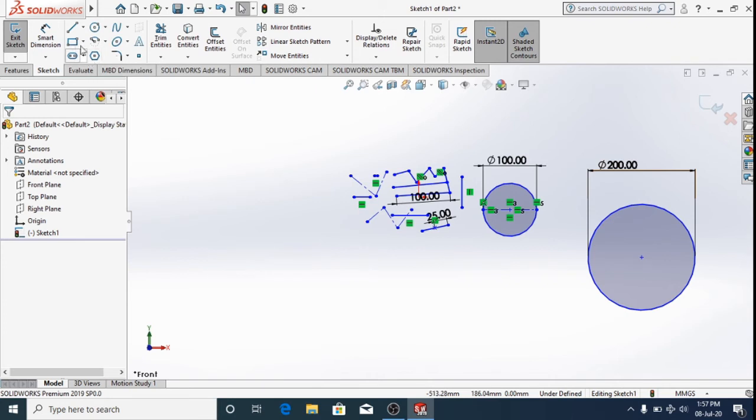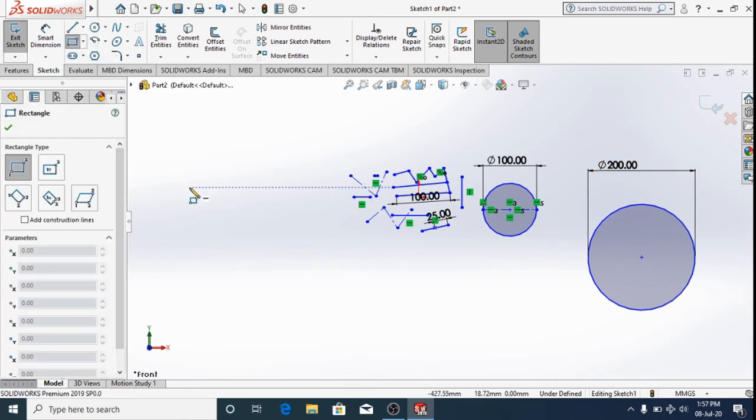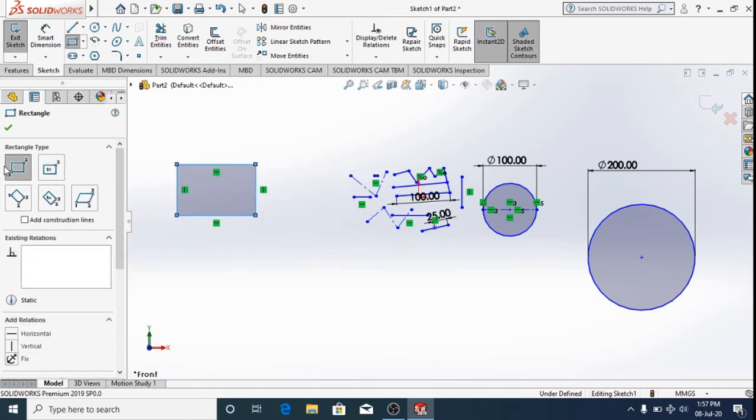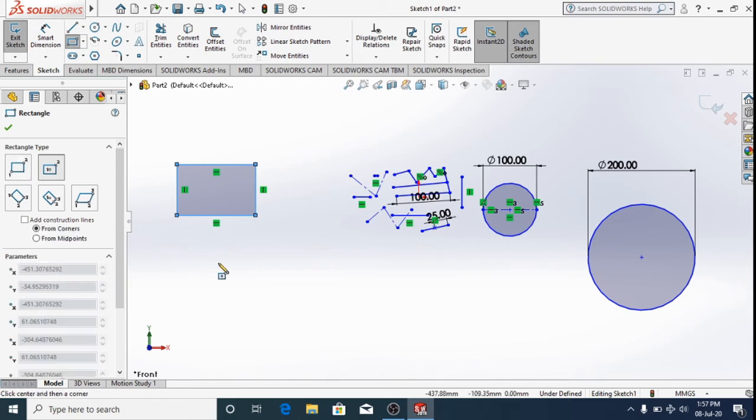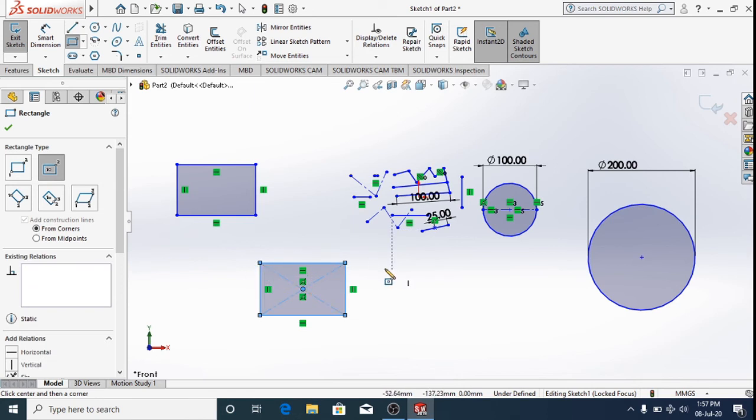And next, coming to the rectangle feature. So in this way we have 5 features in here. The first one is end to end, like it gives an end to end. And the second one here is, first select the midpoint, and then any of the edges, that will give the